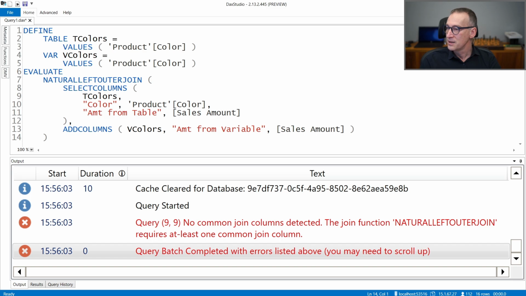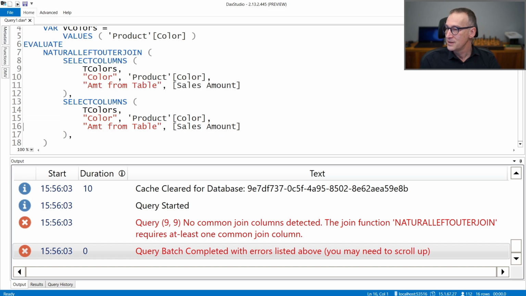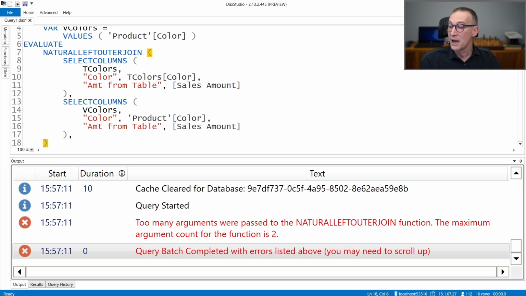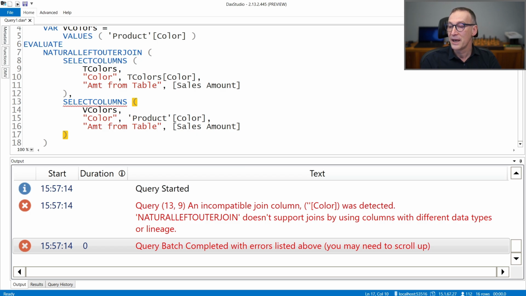And I do the same here, but I start from V colors. By the way, in V colors I need to use product color. In T colors I cannot use product color, I need to use T colors color. If I run the query, apart from this comma, I will still have an error because I have not yet broken the lineage.